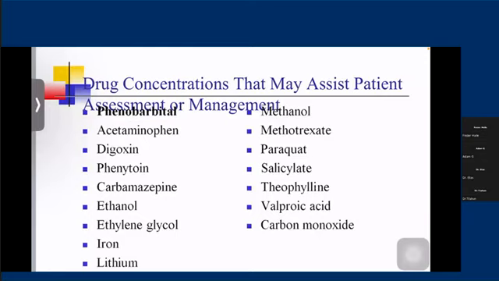So especially phenobarb is one of the medications for which we send a serum level, because the diagnosis is also very easy, and for the management, if you get the patient early and give a few sessions of dialysis, the outcome is really rewarding. So serum level is also very important.